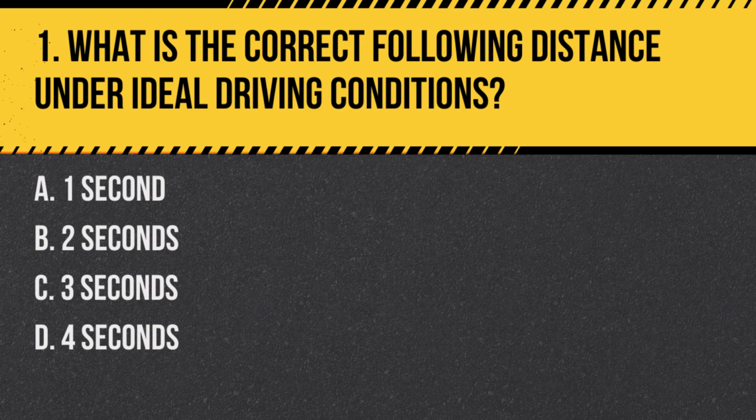Question 1. What is the correct following distance under ideal driving conditions? A. 1 second. B. 2 seconds. C. 3 seconds. D. 4 seconds. Answer. C. 3 seconds. Under ideal conditions, maintaining a 3-second following distance gives you enough time to react and stop